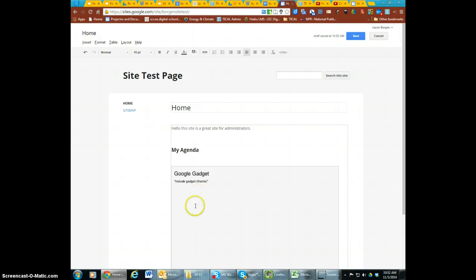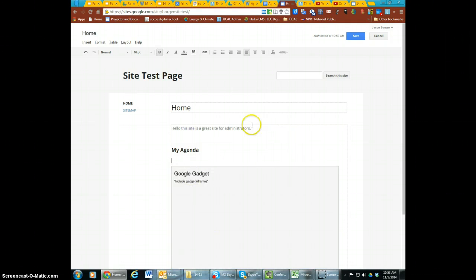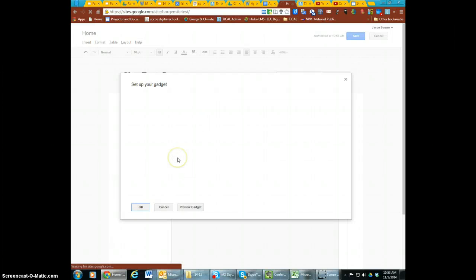And now you have this little gadget. If it doesn't go where you want it to go, you can always drag it around later. Again, it's not published. You can't see what it looks like until you click Save. But before you click Save, click on the gadget and then click on the Properties button, because once you insert that, it becomes what they call an iframe gadget. I click on Properties,